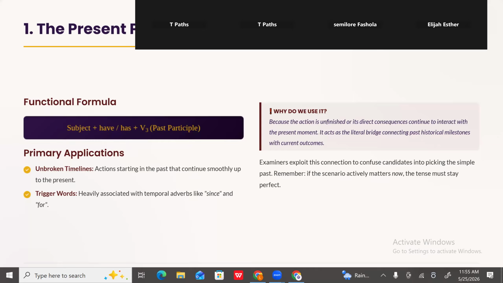So can we continue? Do you understand? Or do you still have any question? Okay, someone said I should state the difference between present continuous and the